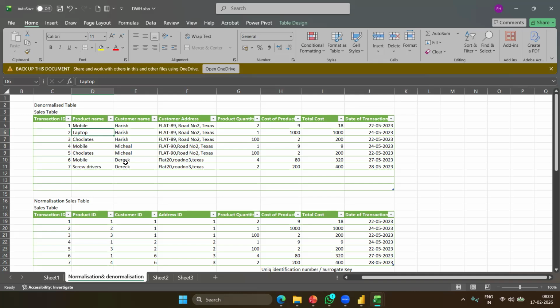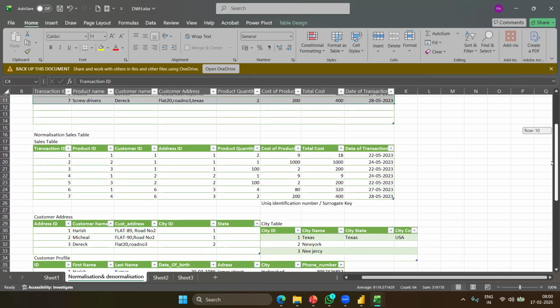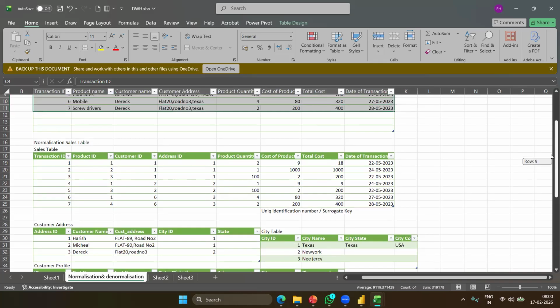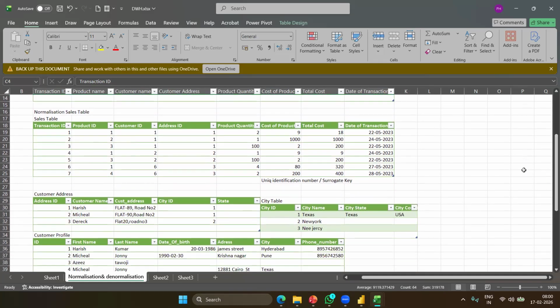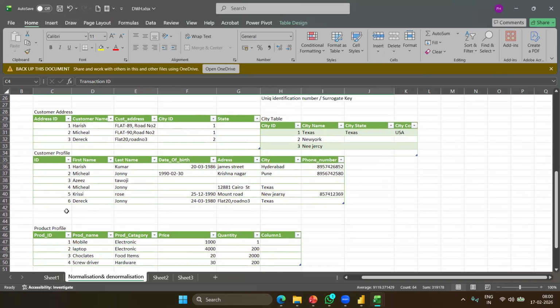So how this is addressed is, okay boss, in the operational table let it be like this, but in the analytical system I really don't need detailed information, right? Because I am going to store something that is in aggregated or summarized form. So then they decided, okay, I'm going to split. Instead of storing the data in a single table, I am going to store it in different tables. So if I have customer information, I will store it in the customer table. Say if Harish is coming or Michael is coming, I will store his entire information in the customer table